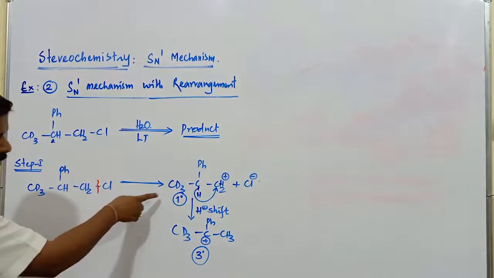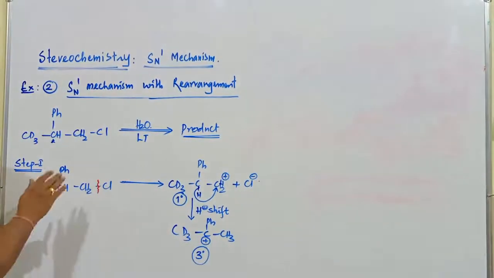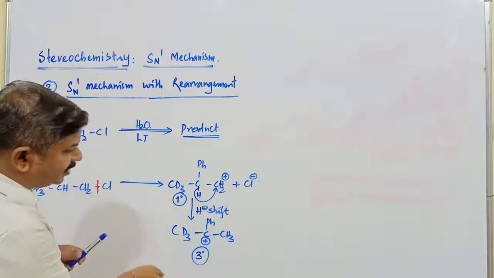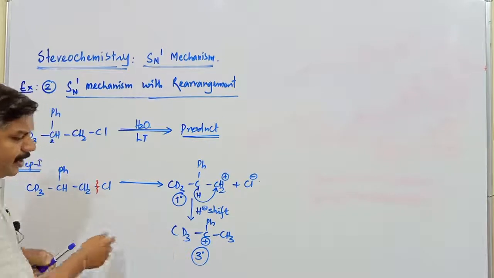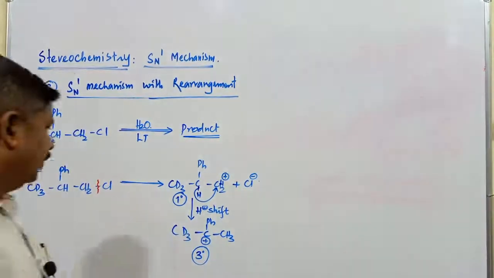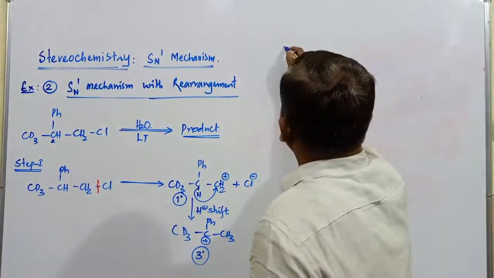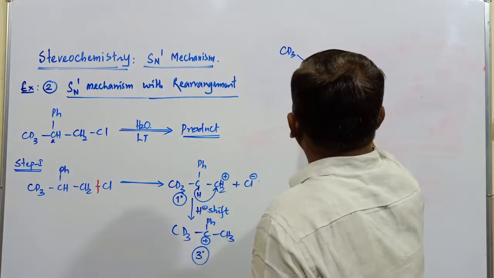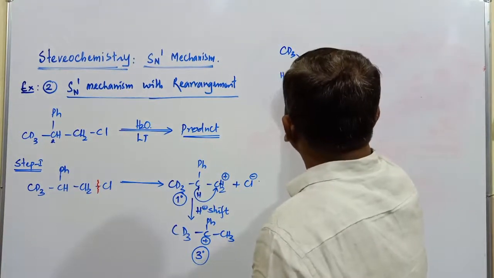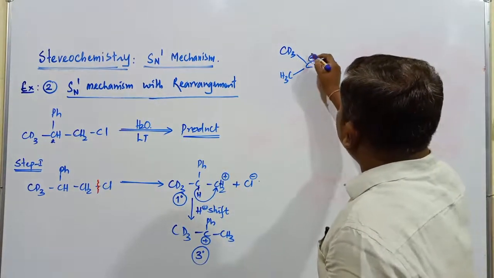Why do we have to go with such a change? Because of the stability of carbocation. Basically, this mechanism takes place wherever there is a possibility of conversion of a less stable carbocation to a more stable carbocation. So this is the particular molecule. Now, in this case, this is the CD3, this is the carbon atom, it is the Ph. Next one, what is the other group? It is CH3. If you observe this molecule, this is the carbon atom with positive charge.